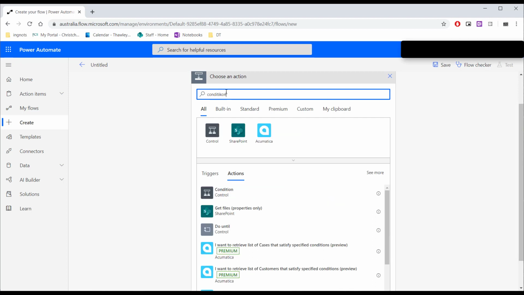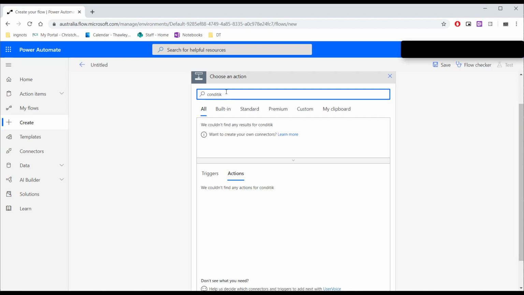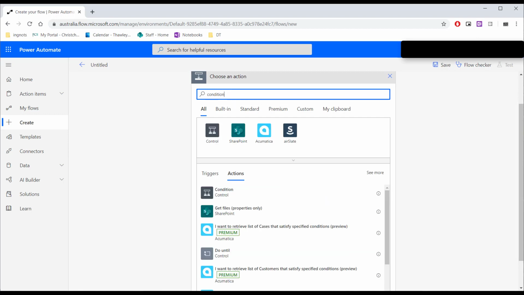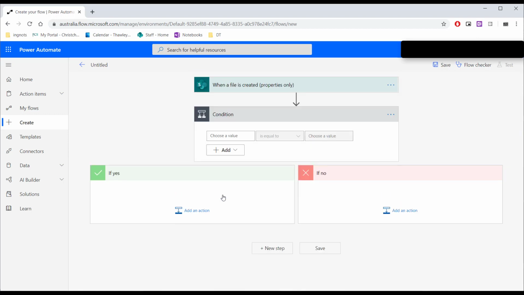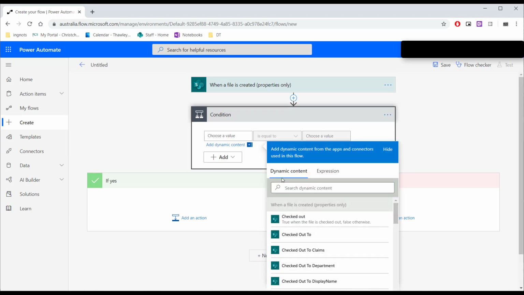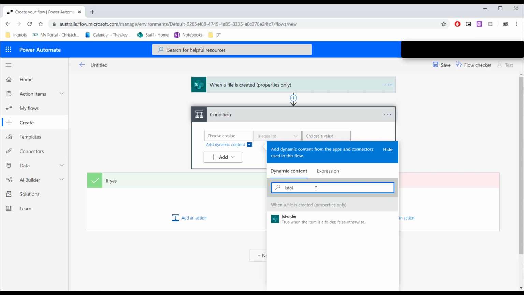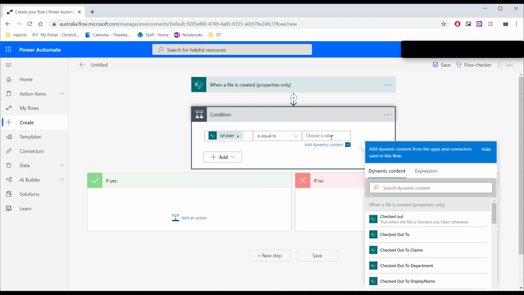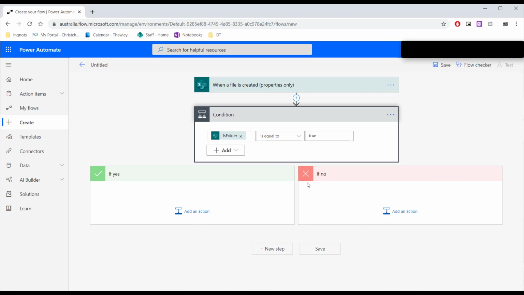So we're going to search for a condition. So you can see here we've got our condition, and we're going to choose a value. We've got a bunch of dynamic content at this point, and we want to look for is folder. So when folder is equal to, and this returns a Boolean value, true, false. So if it's true, do something. Now, we're not going to worry about anything for the no, because we don't want it to actually run if it's not a folder. So we're going to now add an action,